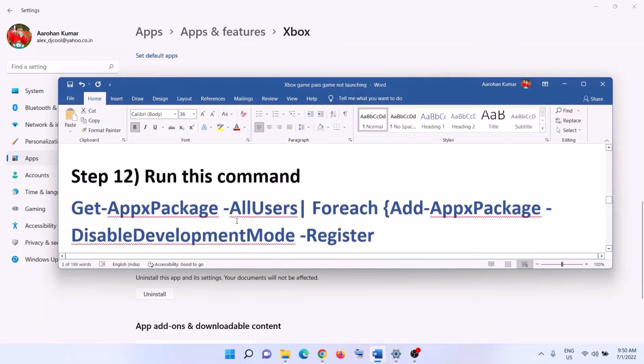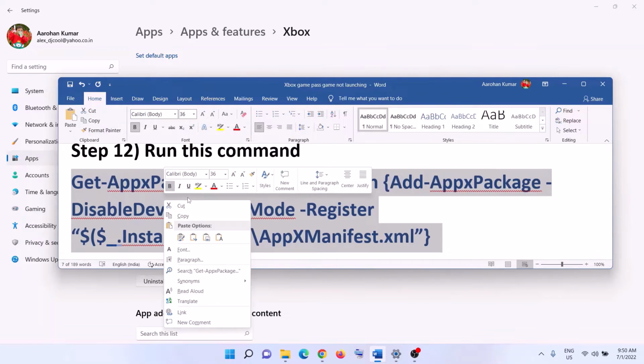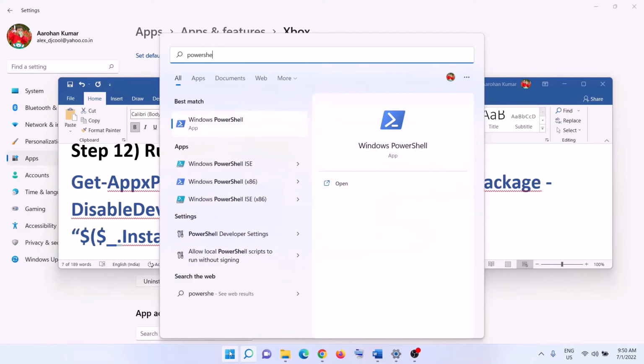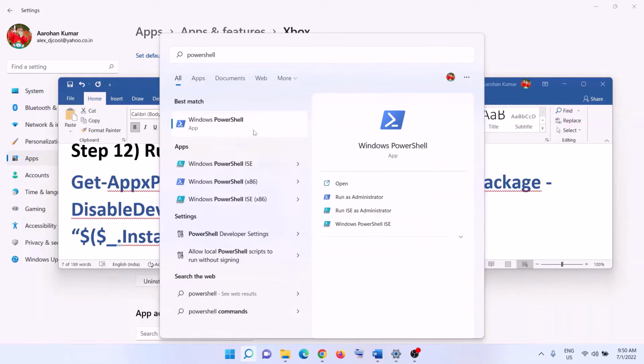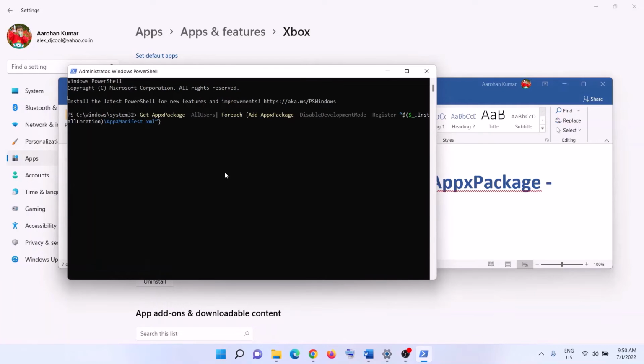Now the next step is to run this command. This command is provided in the video description. So copy this command, type in PowerShell in the Windows search box and then make a right click on Windows PowerShell and then click on run as administrator. Make sure that you're opening PowerShell as an administrator. Click on yes to allow. Now paste the command over here, hit the enter key